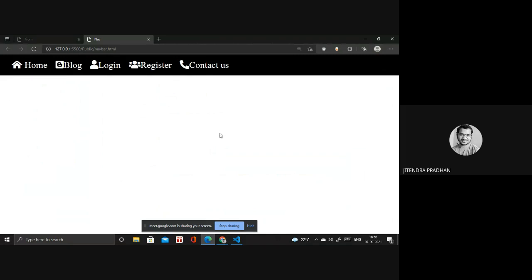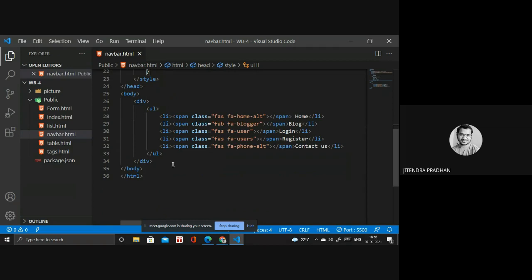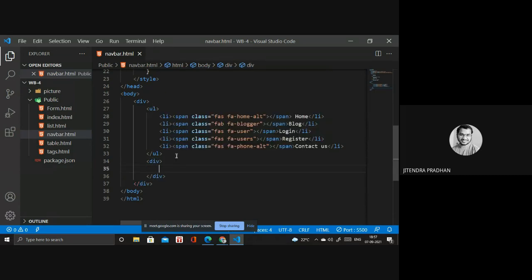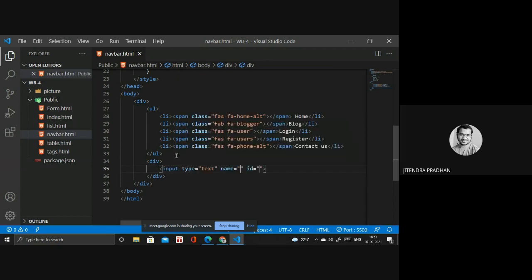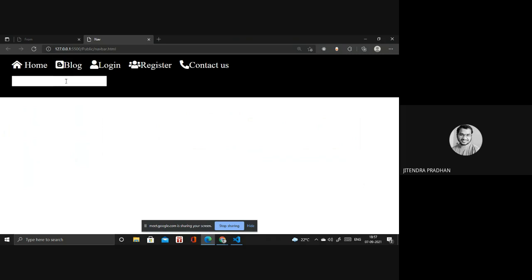Okay, done. So we have to design a search box. I will design a div, and inside I will write an input of type text. Okay, done now. But I want to add that one on the right side.